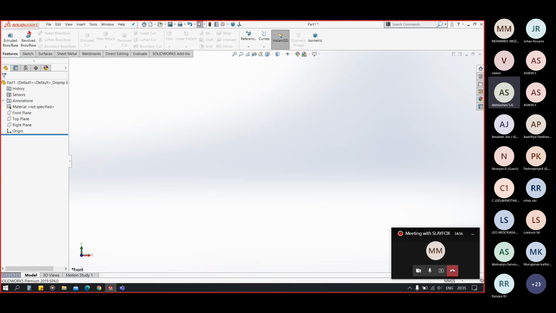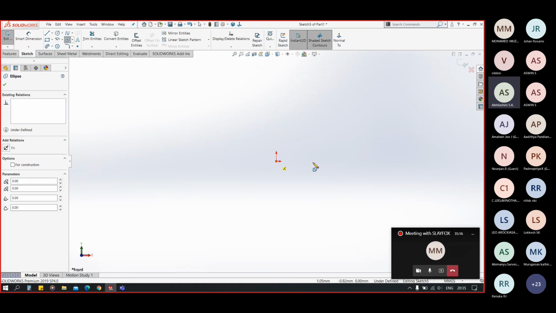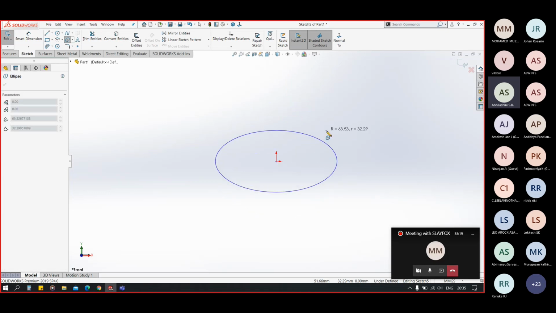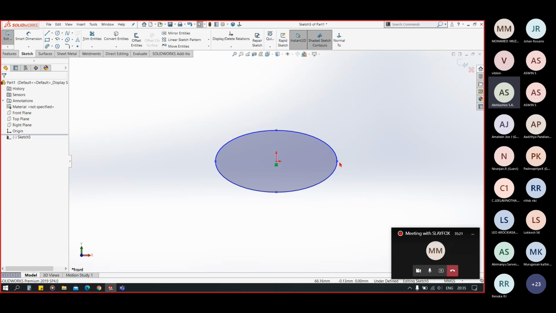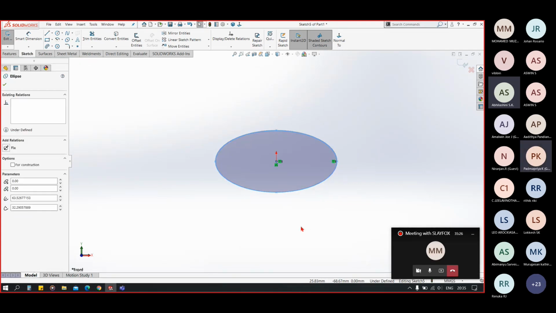So now let's go through some of the important functions here. So I'm now going for the swept option.